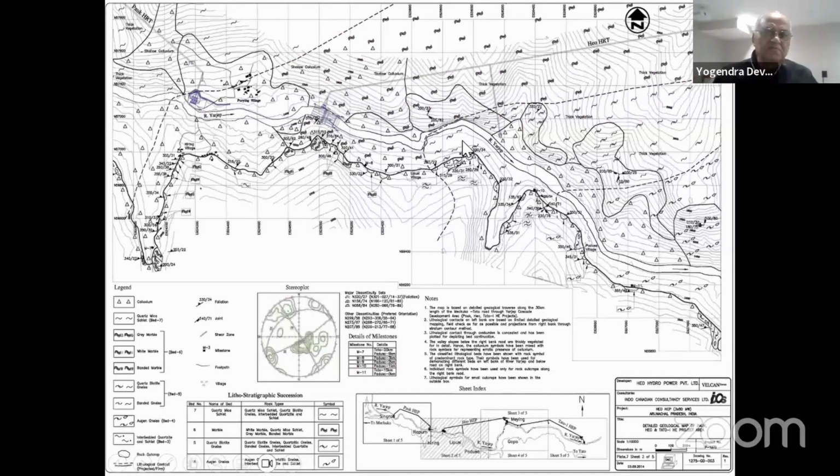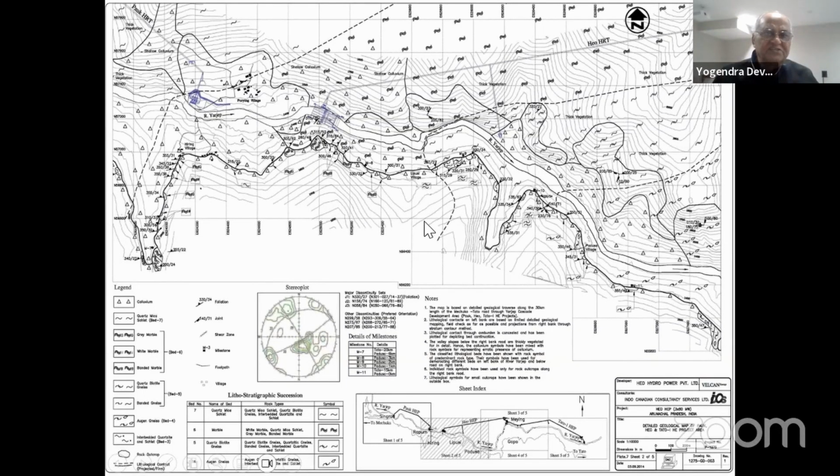Like in this particular map, there was a project in Arunachal Pradesh. You know the problems. The team was not allowed to leave the road and go to the tunnel alignment area or the project area as such. So they had to contend with geological mapping along the long road here.